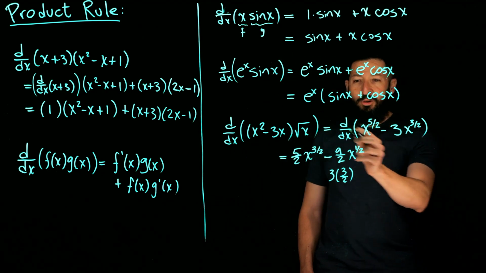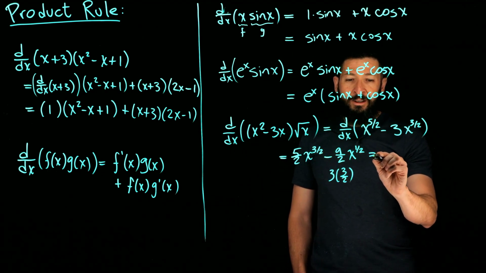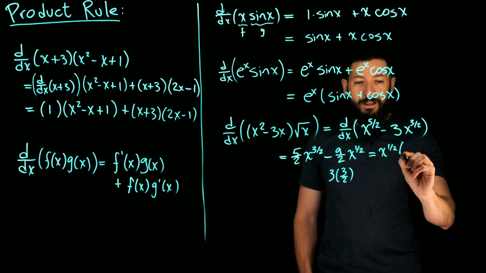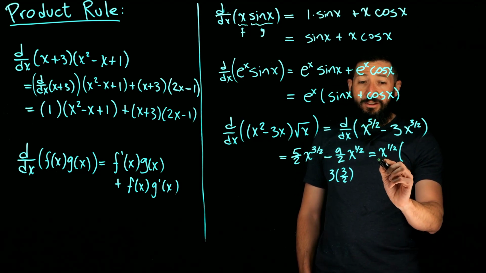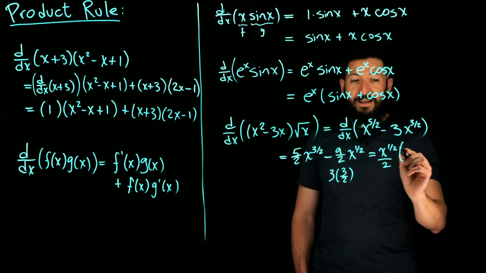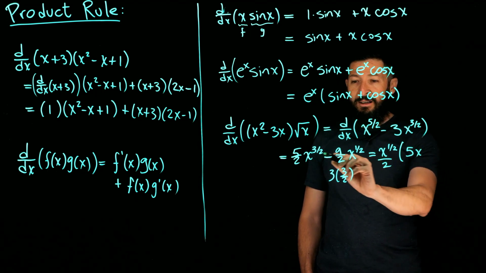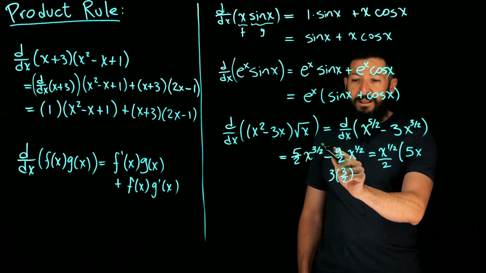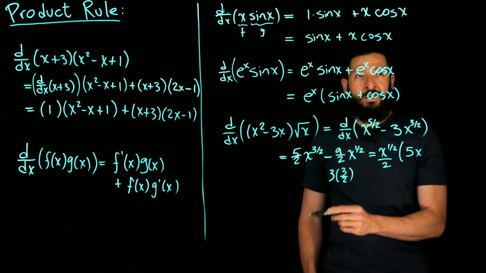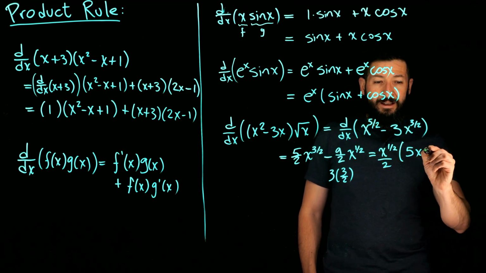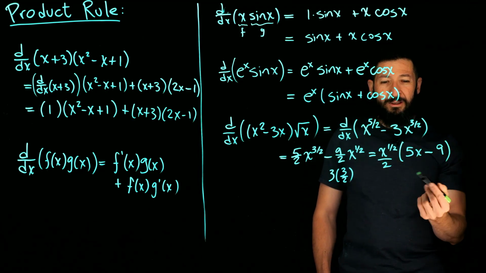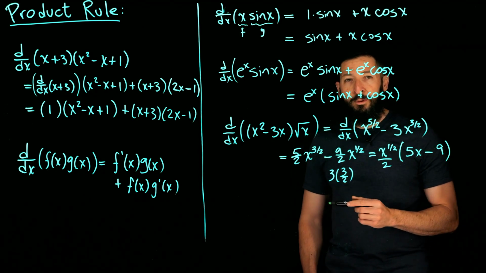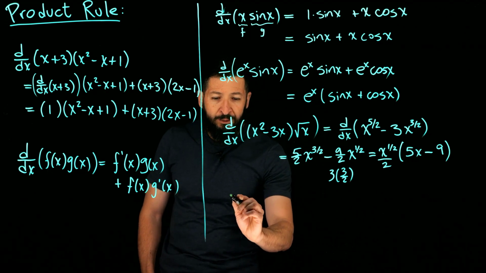All right, so this could be a perfectly good answer, or you could factor an x to 1/2 out of here, because it's a common factor in both terms. And even you could pull out a 2 out of it, and you get 5x that comes out of this one. You're dividing the 2, putting it out here, and then you're grabbing 1/2 out of this one. So you have 3/2 minus 1/2 is 1, and then minus 9. So you could factor it like that, make it look a little bit nicer, or leave it like this if you feel more comfortable. Now, if you wanted to do it with the product rule,